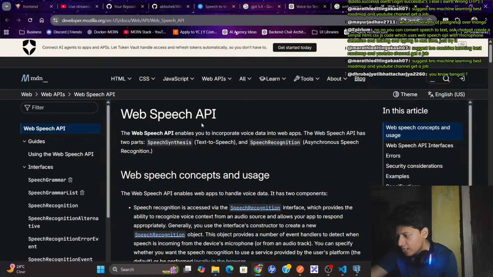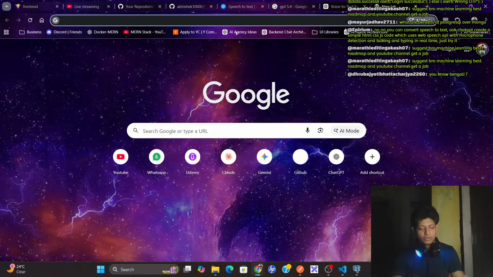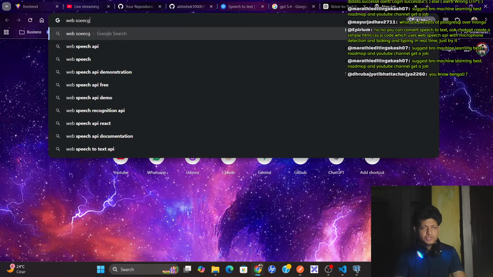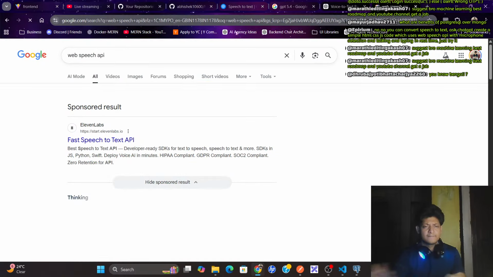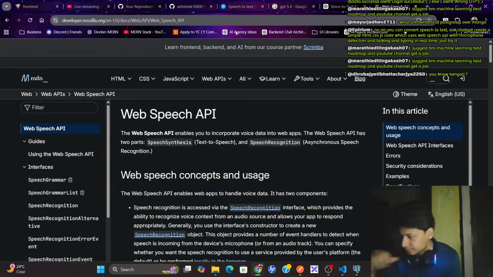Marathi, how to understand the concepts easily? To understand the concepts, you have to build projects. Basically in machine learning, what are the things that we have? Hold on, Web Speech API. MDN docs. Okay, here we have collecting the data, cleaning the data, creating the training loop, right? We have all these things. So understand those concepts and apply them.